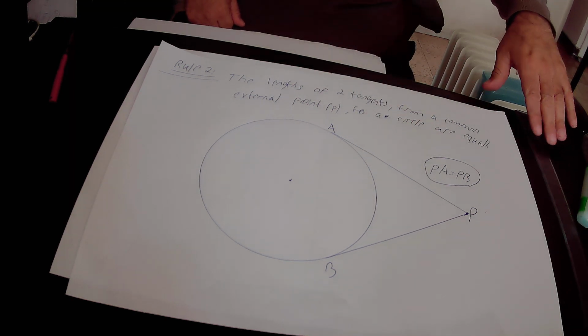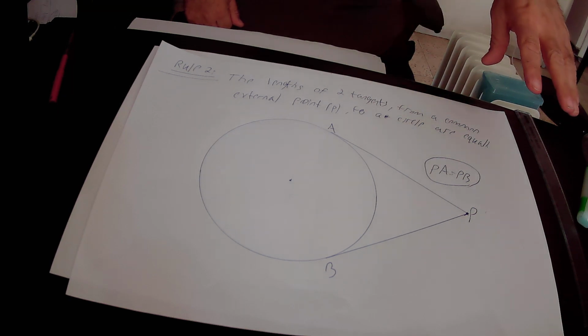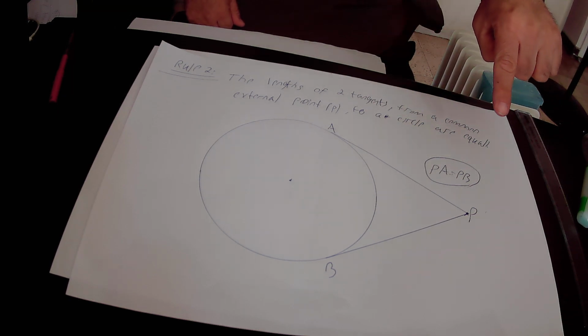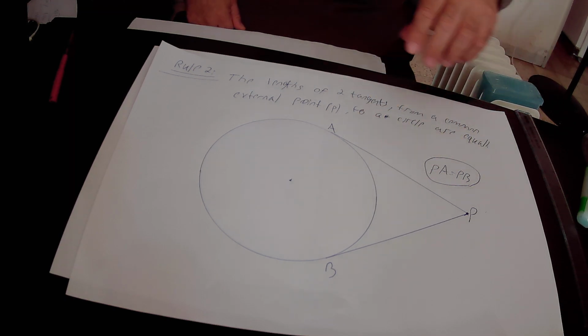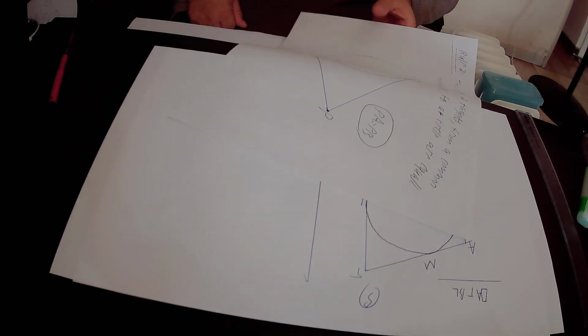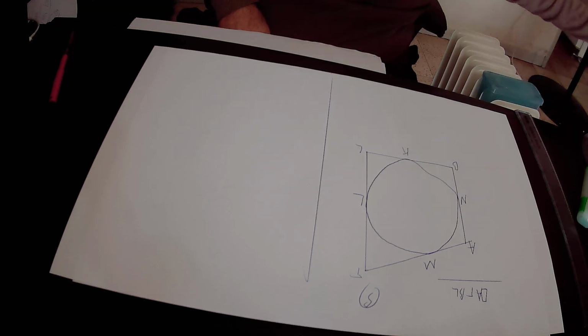According to rule number 2, whenever we draw from a common external point two tangents to the circle, the lengths of the two tangents must be equal to each other. In this case, tangent PA equals tangent PB. We can implement rule number 2 in our drawing. Why? Because in our drawing, we have,